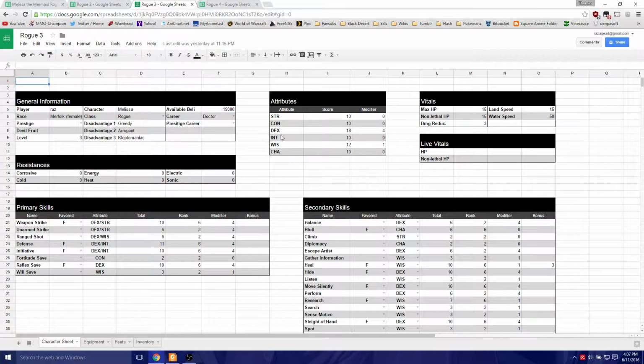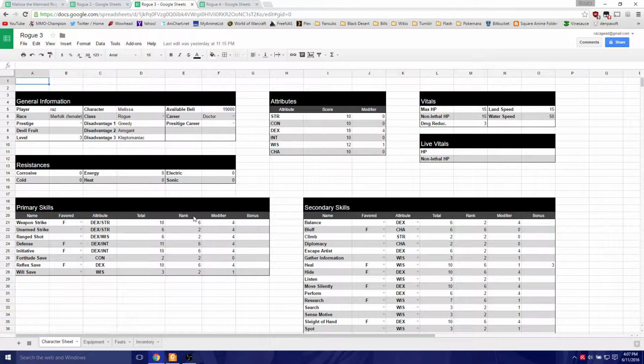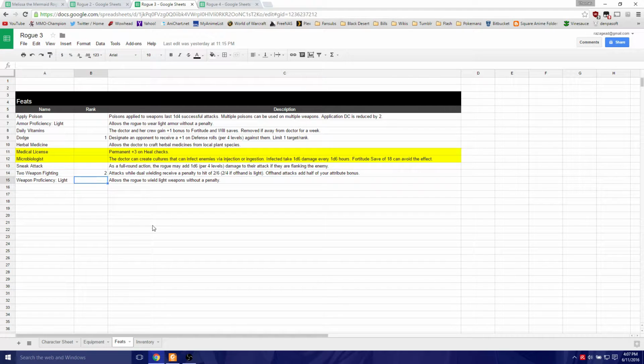At level 3, again, the ranks go up. My sheet does this automatically. My sheet calculates the health and ranks based on your level, so you don't need to worry about that. And for the feats, I get 2. So I took the medical license feat, which is in the doctor career, and it allows a permanent +3 on